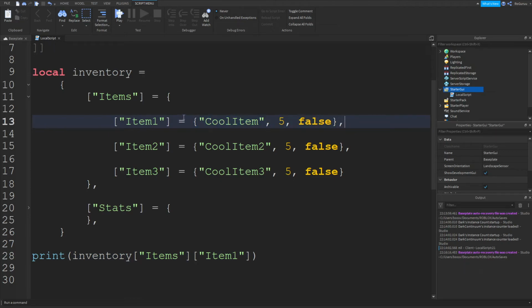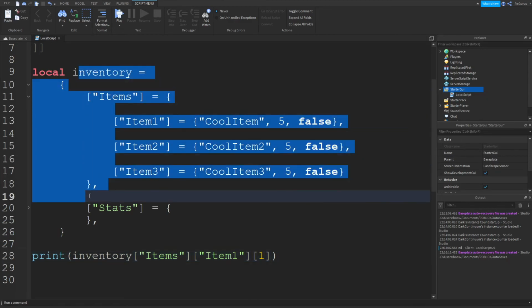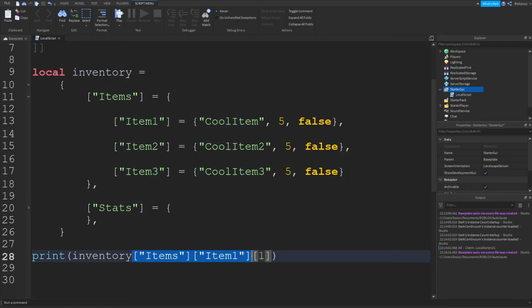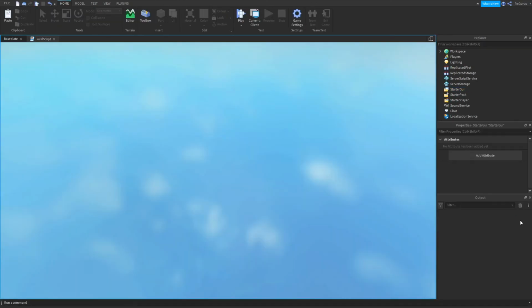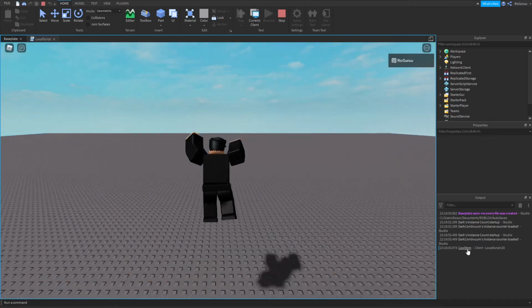And this is where you should not let yourself get tricked. You may think we're just going to add a third bracket and put item name or something. Well, no. Our third bracket is going to index an array, not a table, an array. So in the third bracket, we're going to have a position, and the item name is located at position 1. So as you can see, we're indexing this giant table, and we're indexing 2 times for table values, and then 1 time for an array value. So if we play, it'll print out cool item.